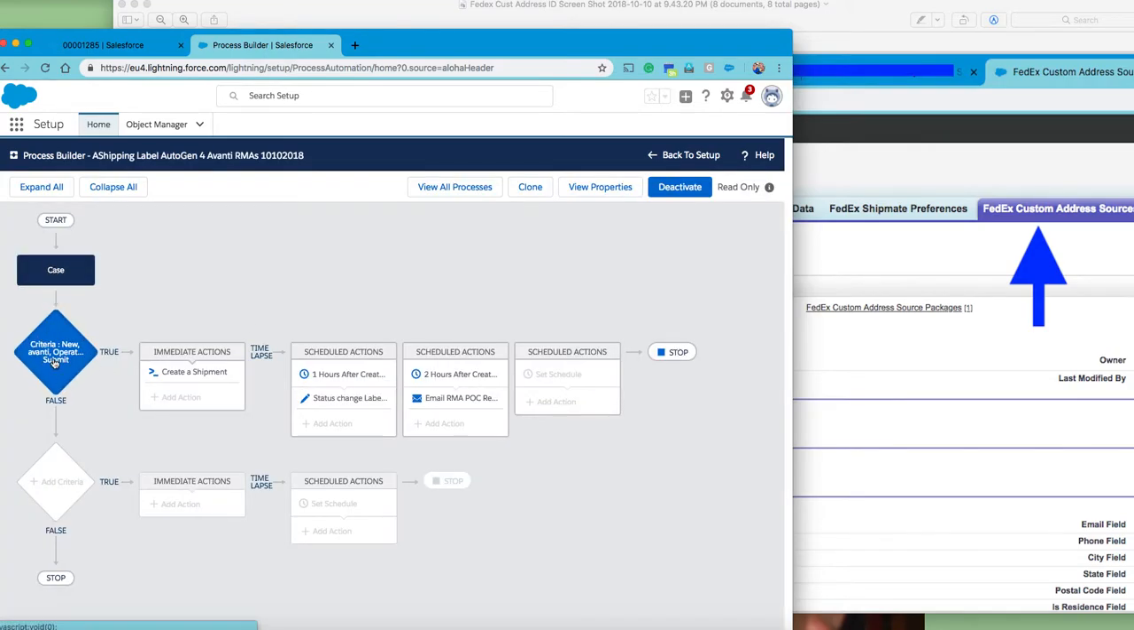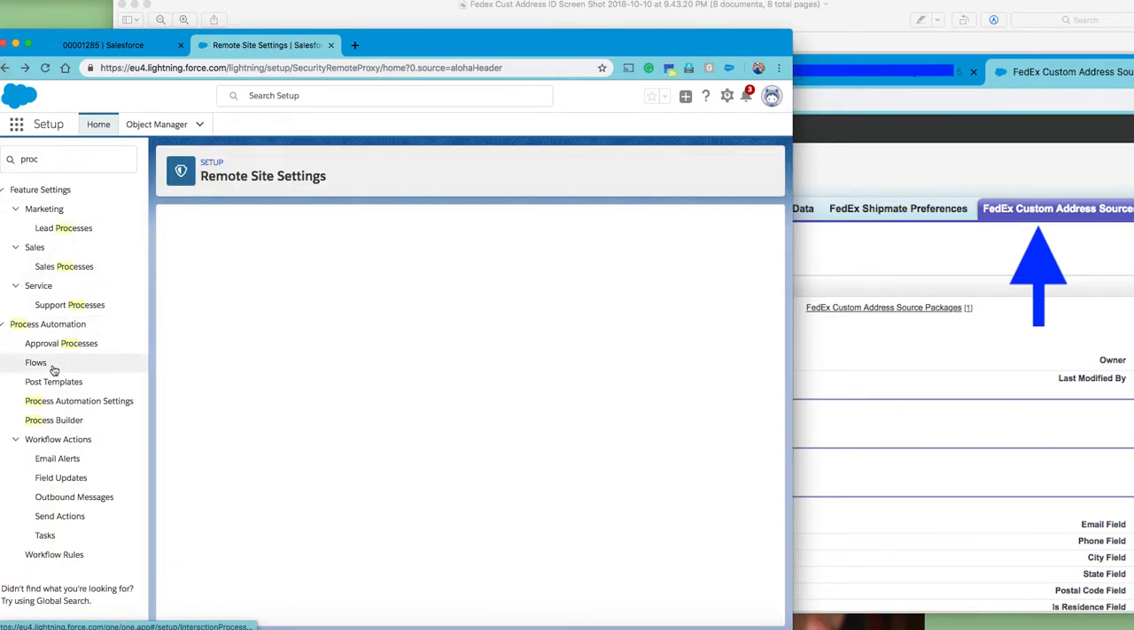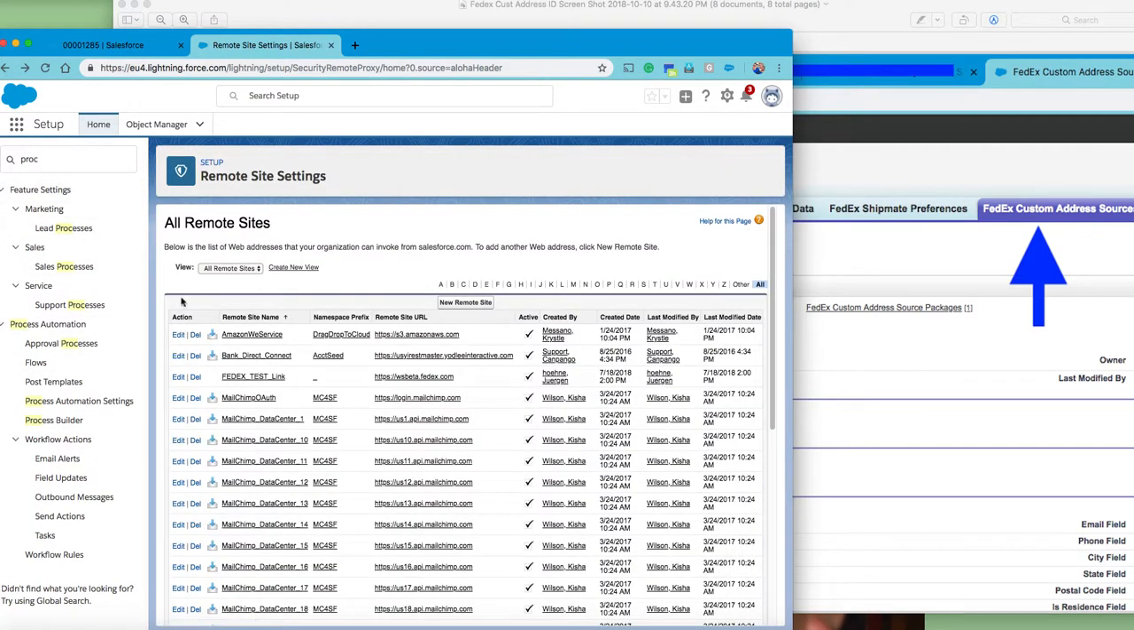So criteria, create shipment after 1 hour. Why do I wait an hour? I change the status to send to customer. Why? Because sometimes this takes a minute or two. And then 2 hours later, I send another email. On the other stuff, right, on the process builder,